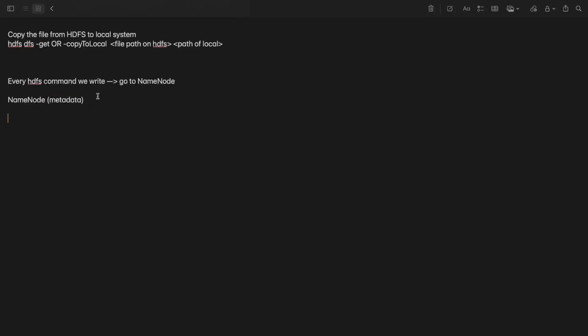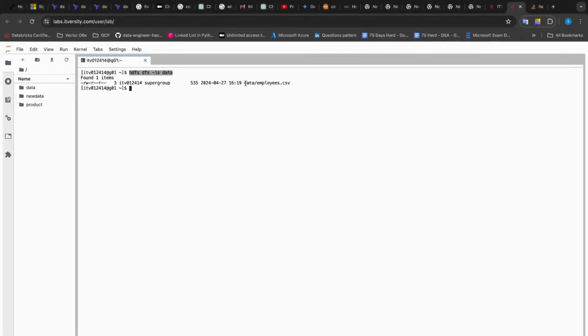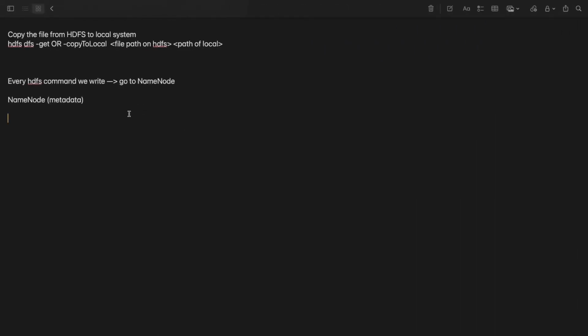Let's suppose this is the file, and for example it has a size of 256 MB. So how many blocks will be created? There will be 2 blocks, for example. So these blocks will be stored on